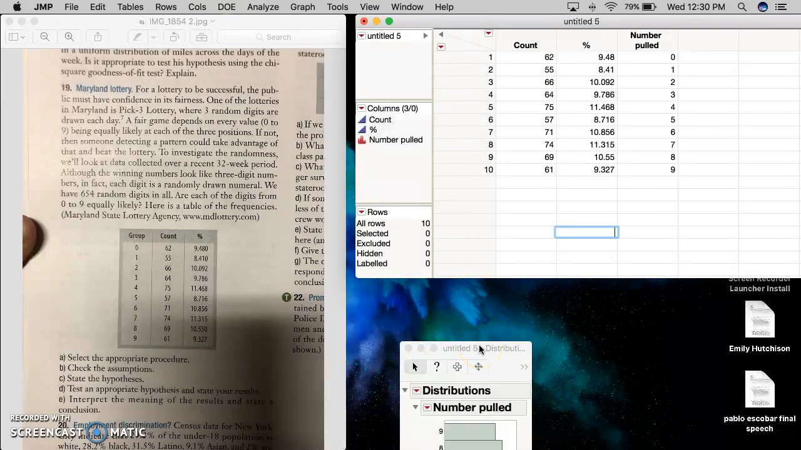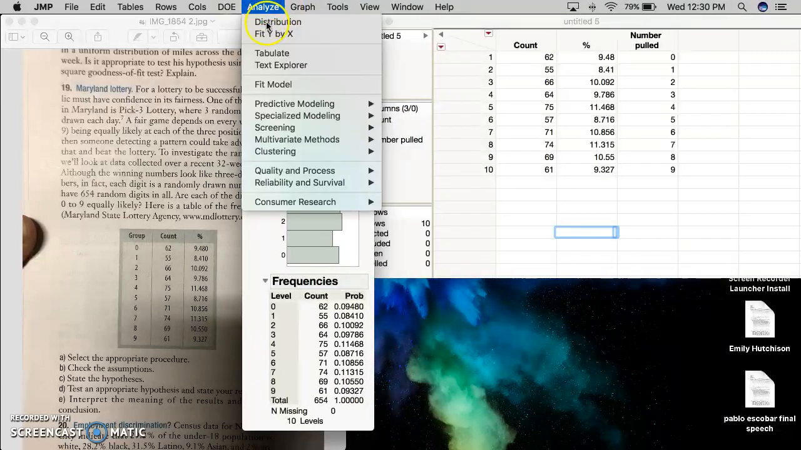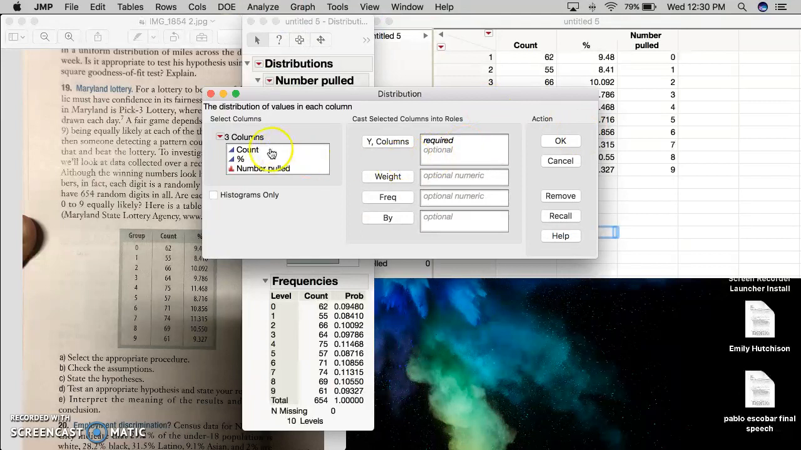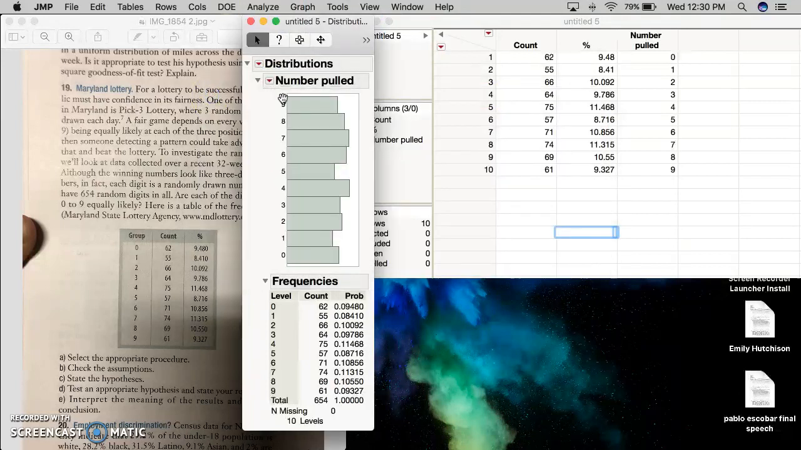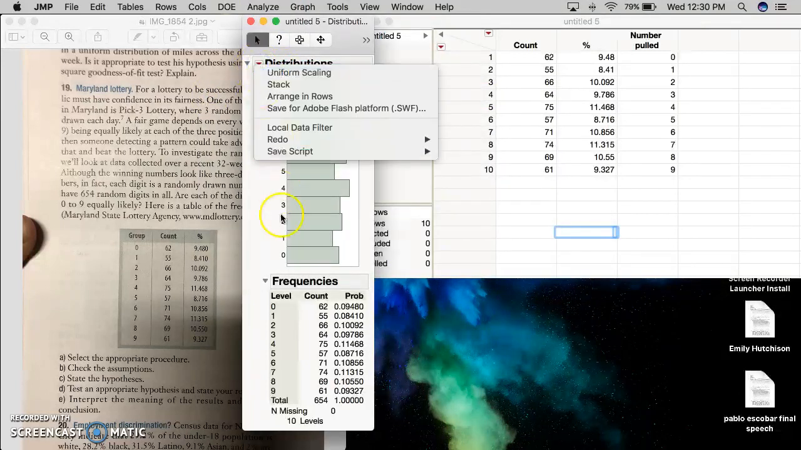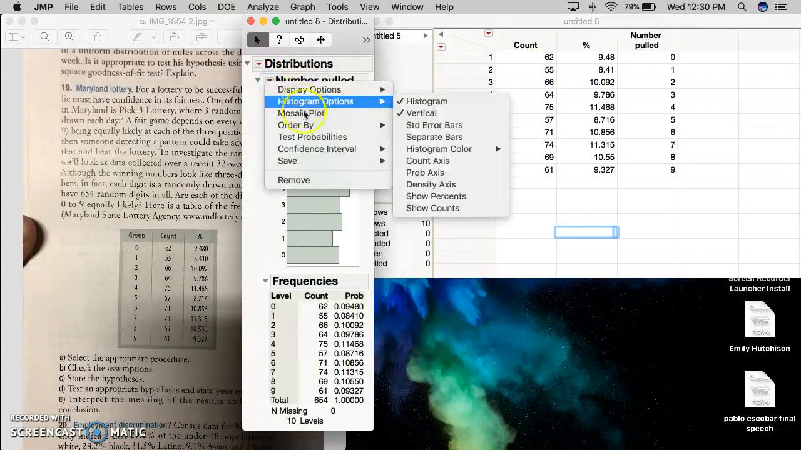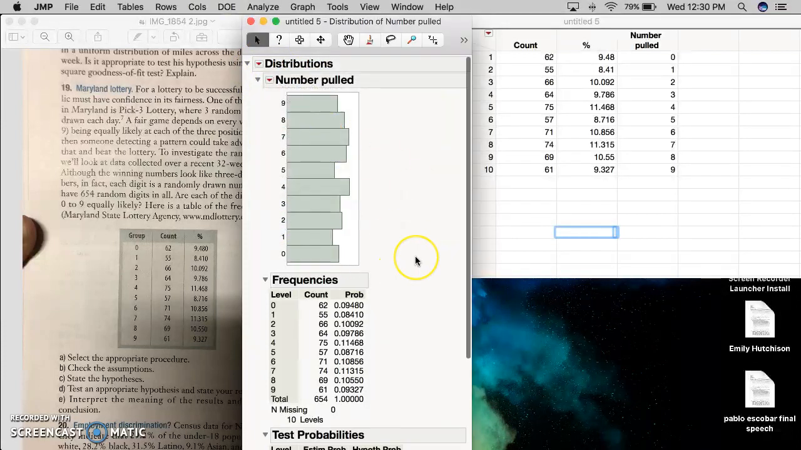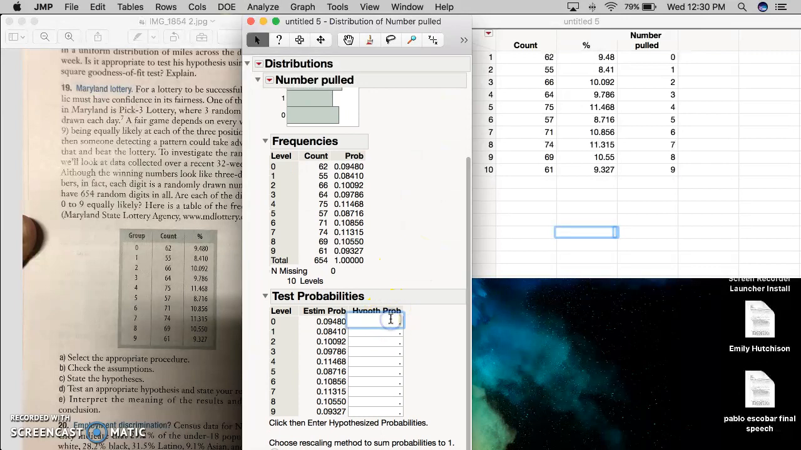So we pull up the distribution module after analyzing the number pulled versus the count. We're going to go here to number pulled, the hotspot, and go to test probabilities. What this is asking is saying that all of the probabilities are the same, so there would be 0.1, since there's 10 outcomes, and 1 divided by 10 is 0.1. So when you enter all those probabilities here,